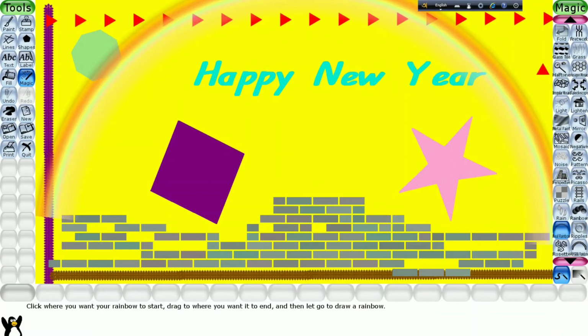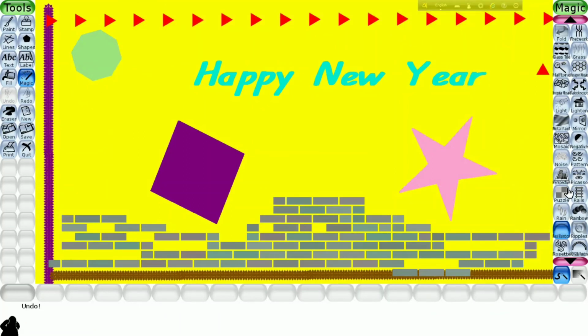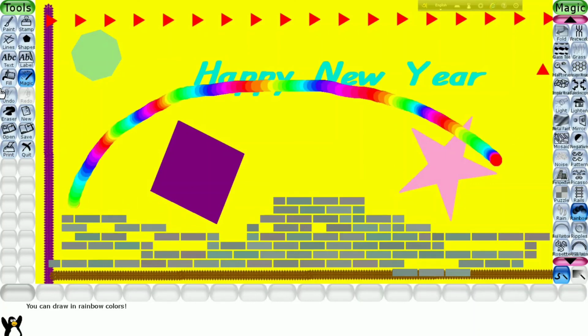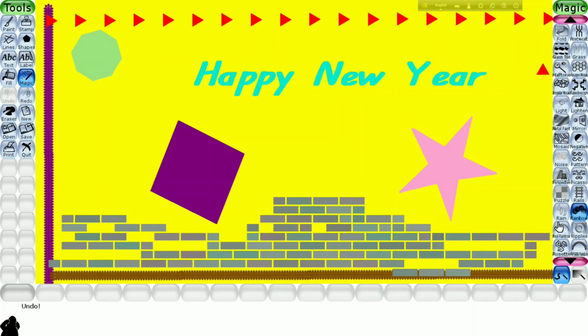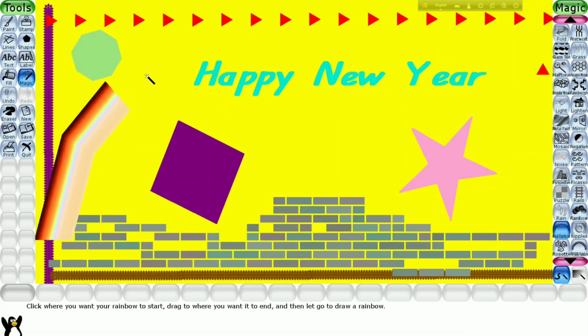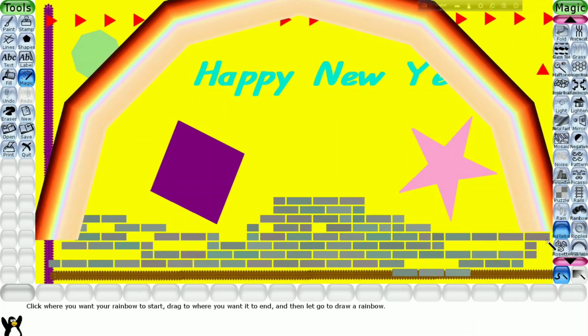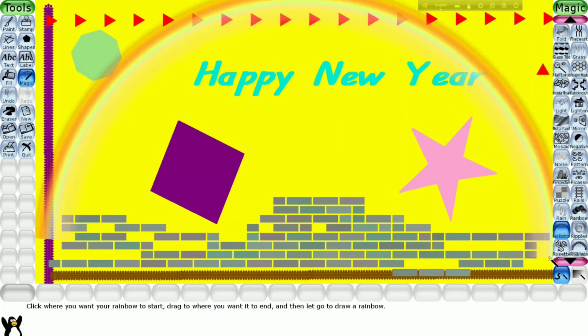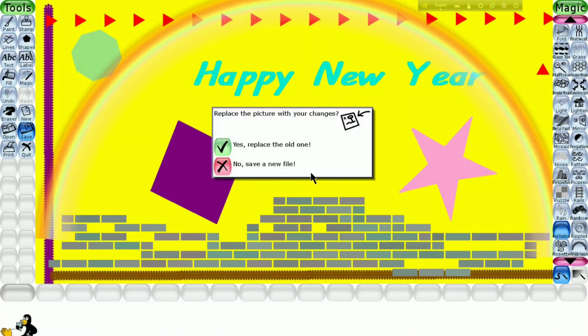So on clicking on the rainbow, you can see a colorful rainbow is there on the screen. If you make only rainbow, this type of rainbow will be there, but I want to make the real rainbow, so click on the real rainbow and drag it down in which position you want, and you can see the rainbow will appear on your wallpaper, on your canvas.